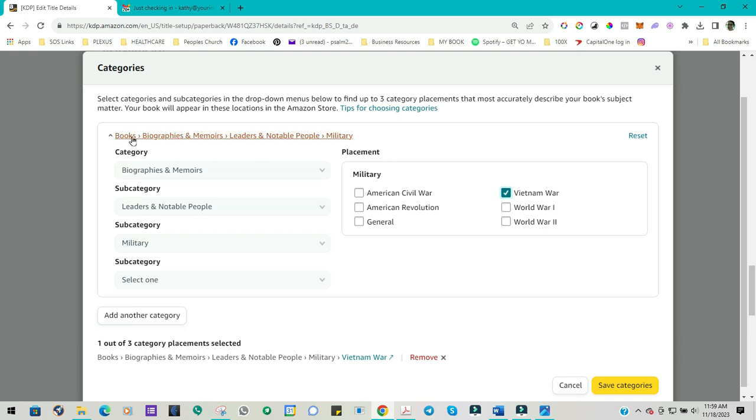This is called a category path. You can see down here, it's down here as well as up here, and it tells you the whole path. So the final placement of this whole category path is Vietnam War. Okay, you can either hit save and start this process over, or you can just hit add another category right